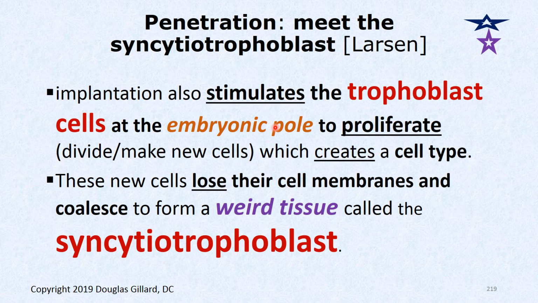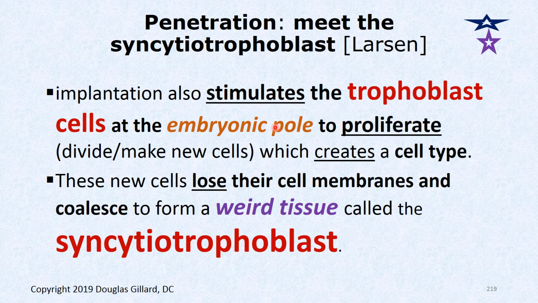All right, preparation. Okay, time to meet the crazy word here. This is a mouthful. Syncytiotrophoblast. Almost a weird type of cell population. So implantation stimulates our outer layer of cells called the trophoblast to proliferate through mitosis. It spits out a new cell type toward the myometrium, because we're in the endometrium now. We've just penetrated the endometrial lining. So this new tissue is called